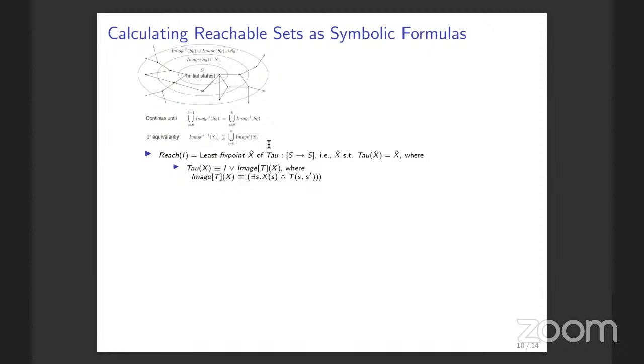For example, here the reachable set is the least fixed point, the smallest fixed point of a predicate mapping function called a predicate transformer, which